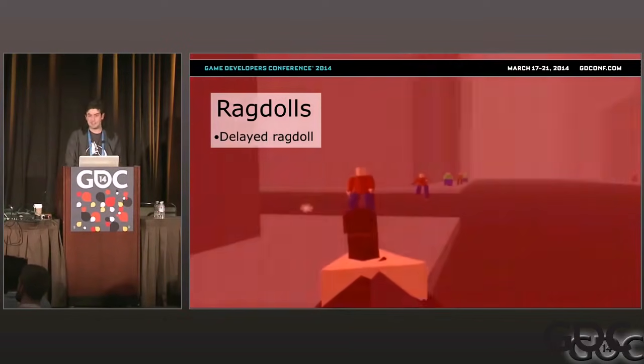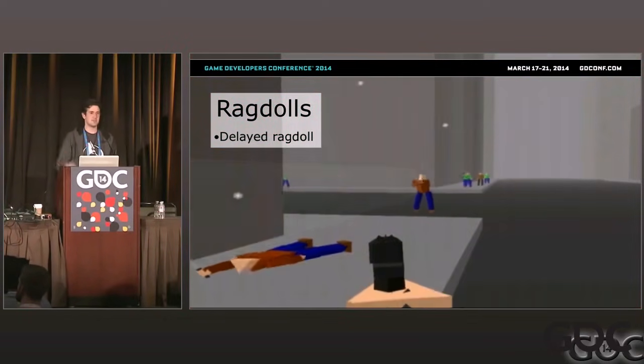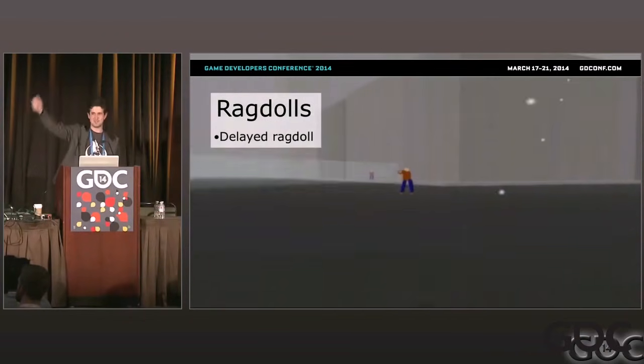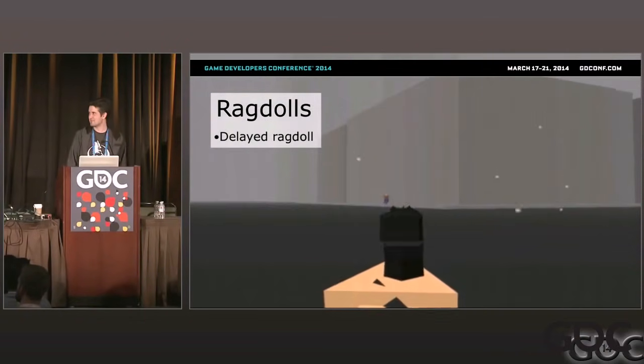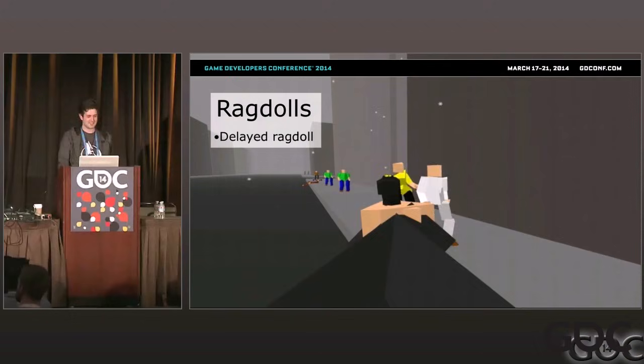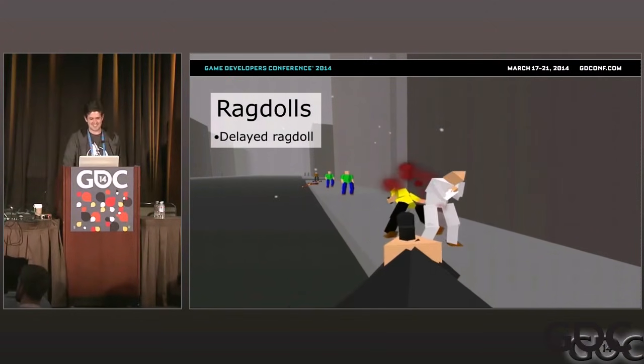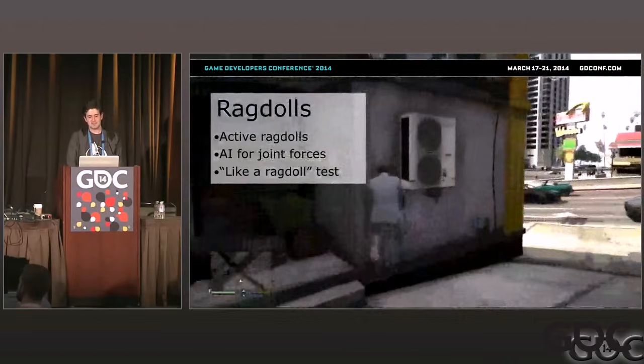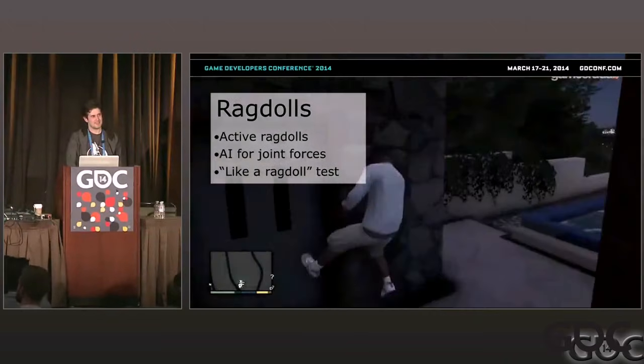And it even added a little bit to the gameplay, because sometimes you'll shoot someone and they're dying, but they're still about to kill your VIP, so you have to keep shooting them. Which is very violent now that I think about it, but it did add to the game, I think. The next big thing in Ragdolls